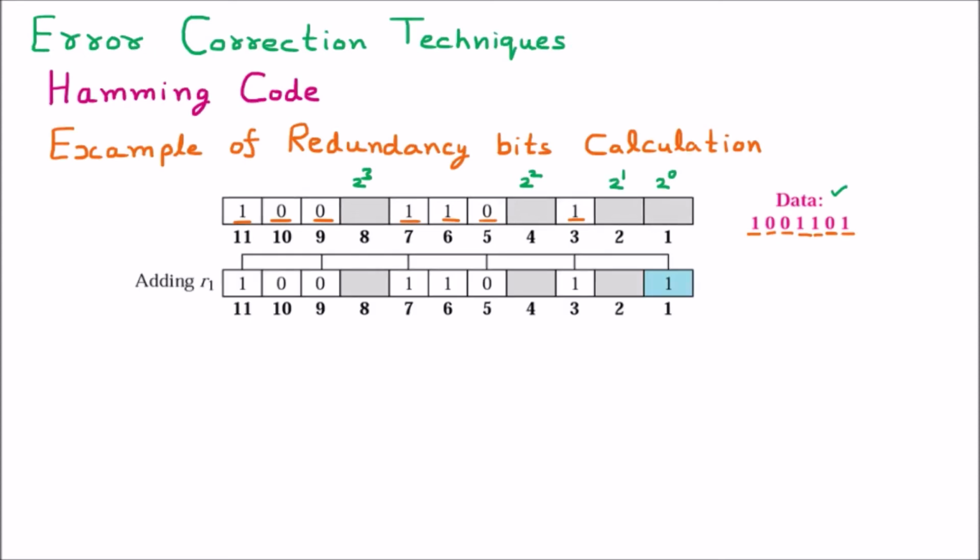Now first of all we are adding R1, meaning we are calculating R1. We know that R1 is the redundancy bit at the first place. Now how is it calculated? I have already told you that it checks the positions 1, 3, 5, 7, 9 and 11. Based on these positions we are going to calculate it. You can see how many ones are present here. So 1, then 0 will not be taken, then 2, then 0 will not be taken, then 3. So 3 ones are present.